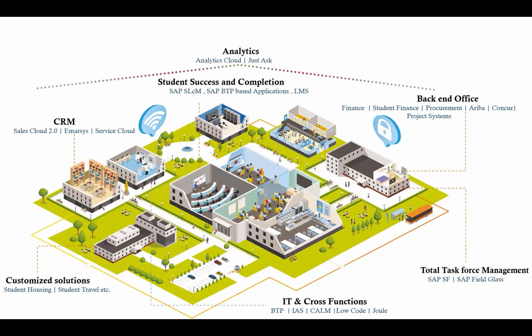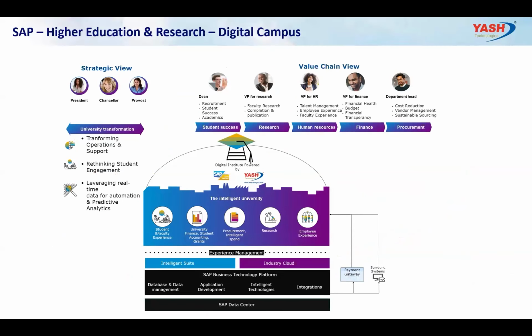So this is how you can say the landscape of the university looks. In this slide, the same viewpoint of the university is shown, but from the strategic and value chain perspective. The strategic view mostly consists of our top stakeholders, president, chancellors, and provost, who are the decision makers who drive the university and take various critical decisions, like: should I be transforming the operational areas? Shall I think about re-strategizing and investing in student engagement for the upcoming batch? All these things are possible when the data from the data sources, which I have shown you earlier, is shown